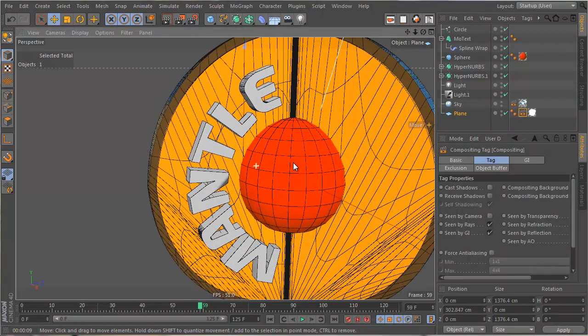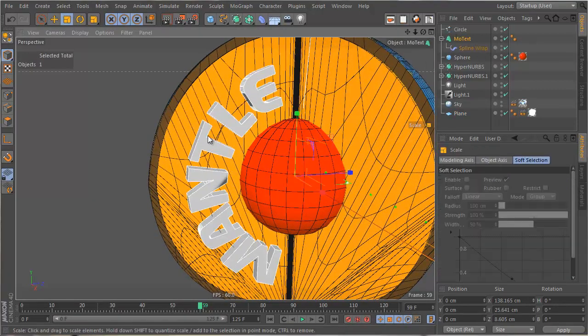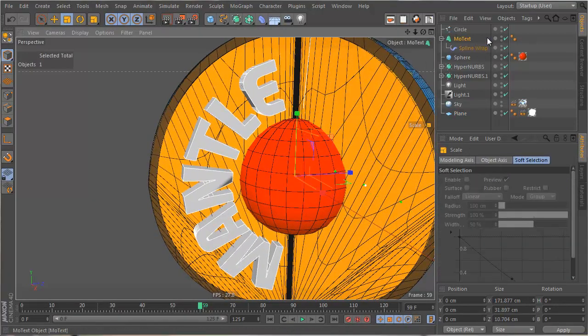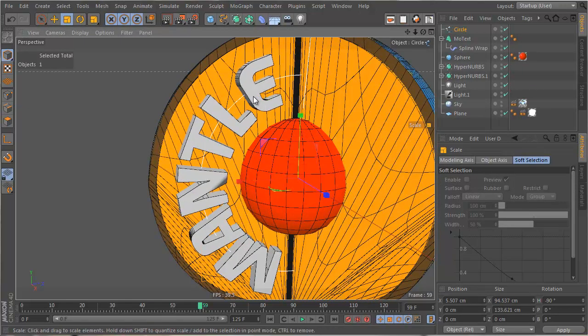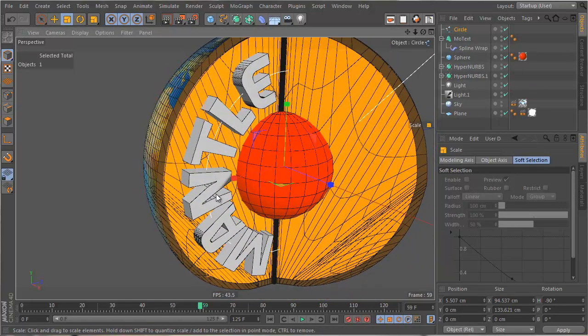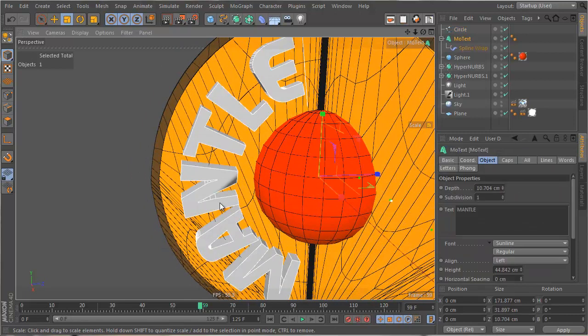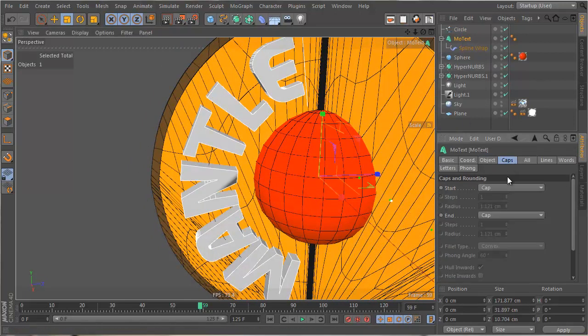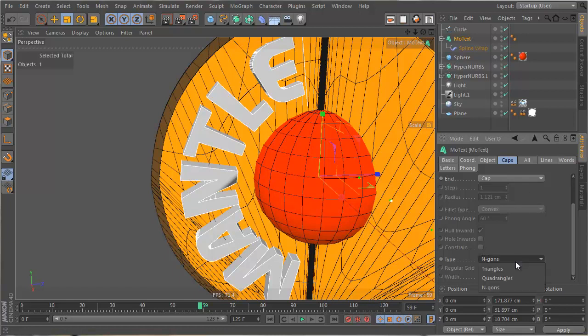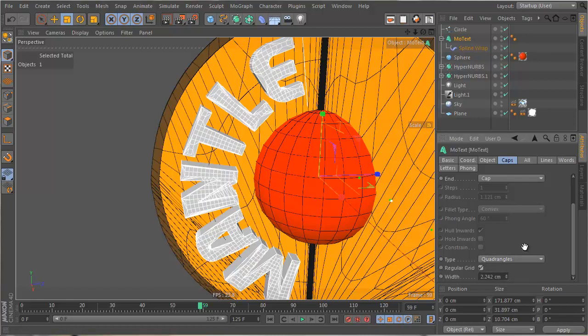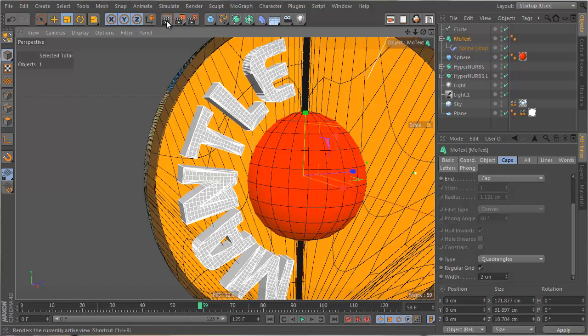So, these letters, once again, I want to make them bigger. I know I can't make up my mind, but I just want to make them bigger. And if you see, we have a bit of an issue here with that stuff. So what we do is we go to this MoText object, we go to caps, and we change them to quadrangles, and we change them to regular grid, and we change this to taste. But basically, there we have it. And now we shouldn't have